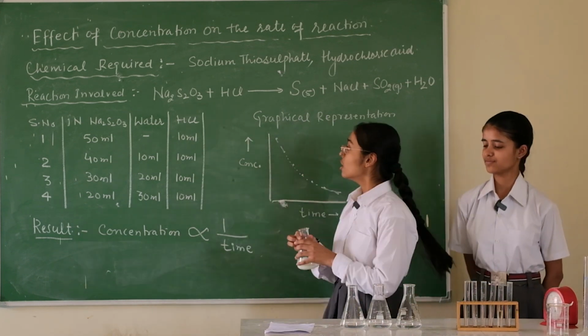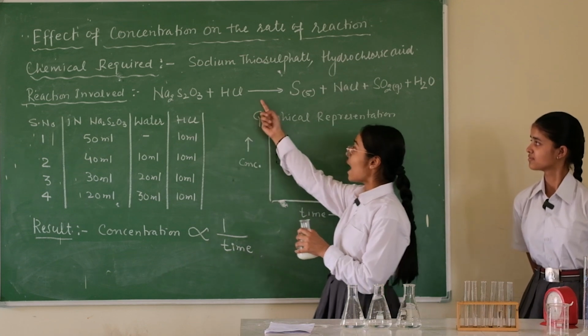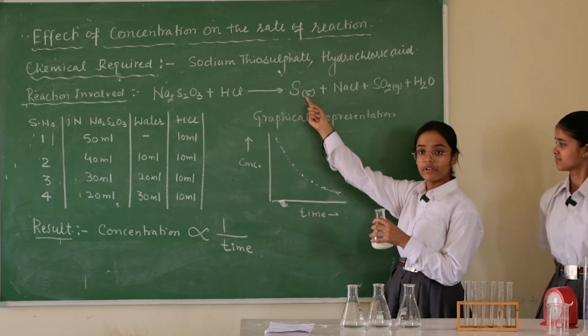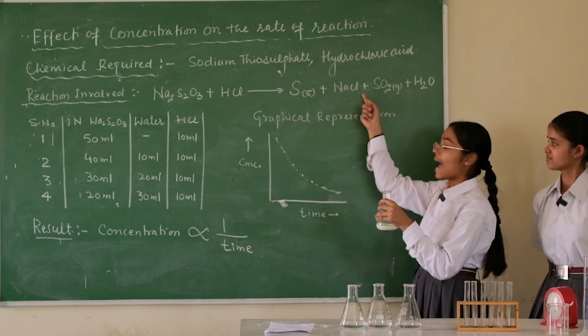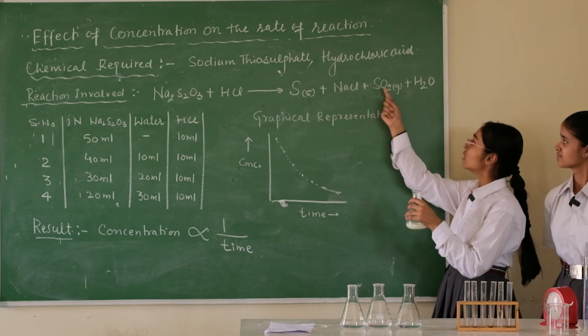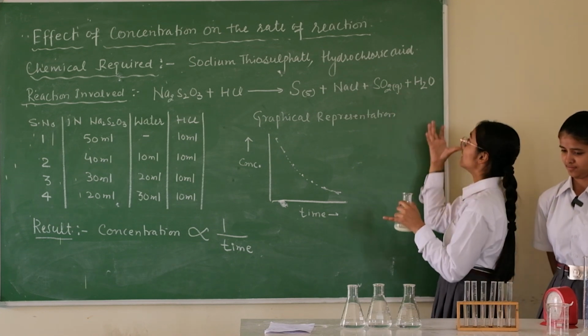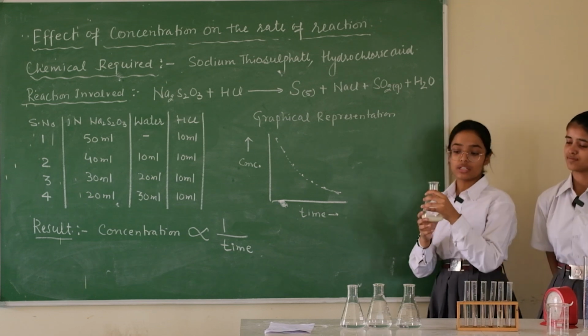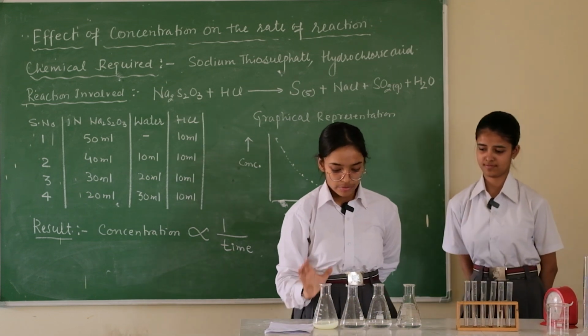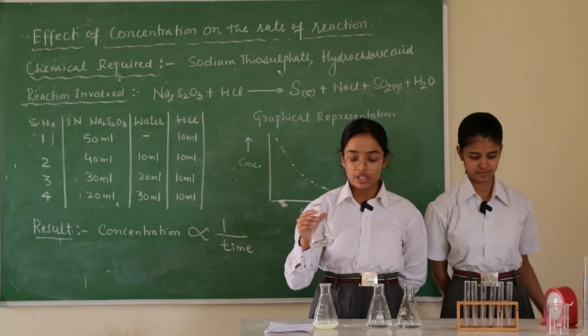In this reaction, sodium thiosulfate reacts with hydrochloric acid to form sulfur, which is a yellow precipitate, and sodium chloride, that is a salt, and SO2 gas, sulfur dioxide gas. This is very irritating, has irritating smell. Also water is formed. We will repeat the same activity with second conical flask